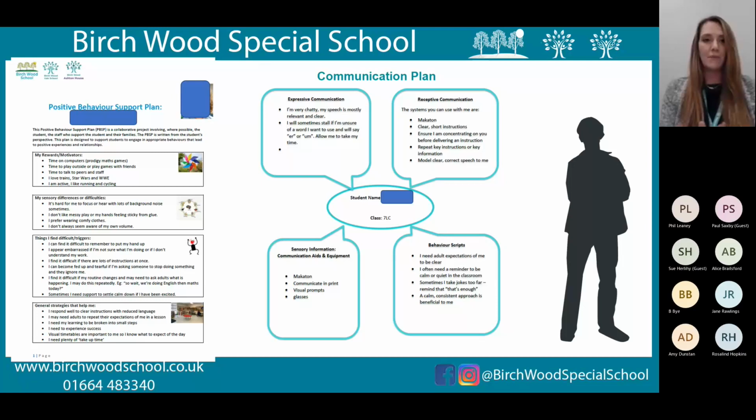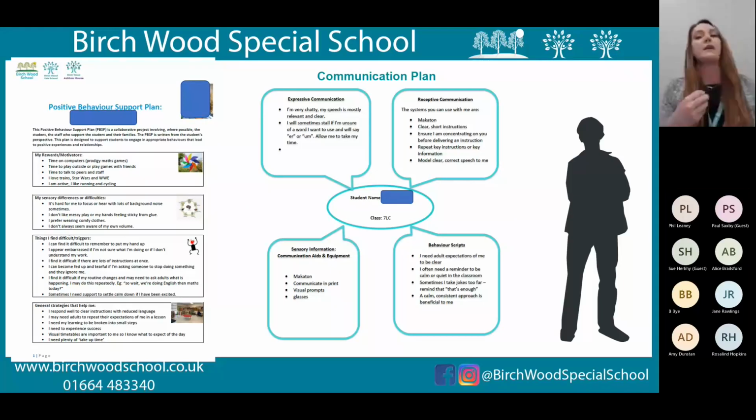So this is a positive behaviour support plan on the screen now. This is one for a student that I currently have in my class this year. It was a particularly well written example where the SENCo and the class team plus the student and the family had really collaborated to give me a lot of detailed information about the student, and I have found it extremely useful this year in helping that young man to settle into the classroom. So it's written collaboratively with as many people as you can, as many people as can give a really informed view on that young person and what they might need.